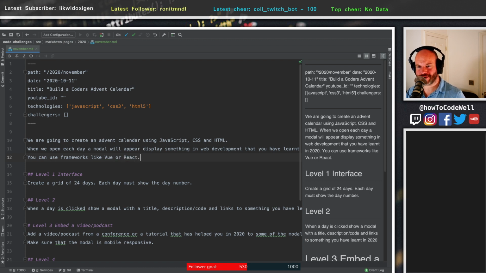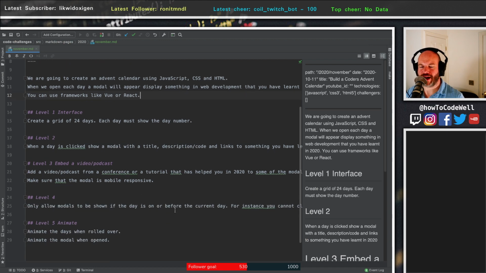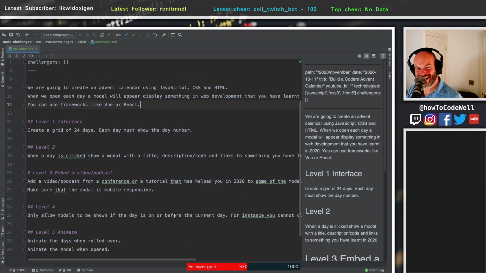Go for it. Go nuts. It's Christmas. So level 1 interface. Create a grid of 24 days. Each day must show the day number. I'm going to say you can use frameworks like Vue or React, but bonus points given